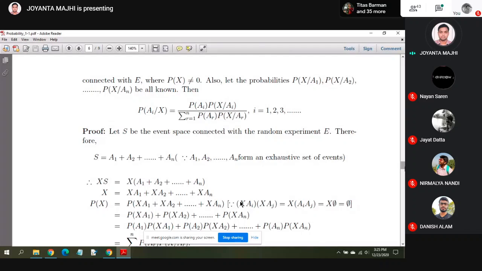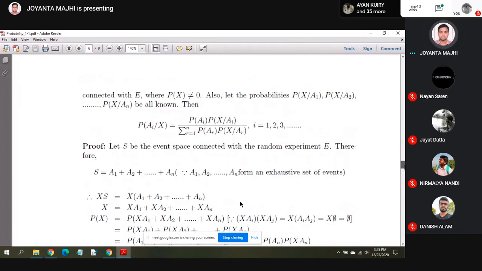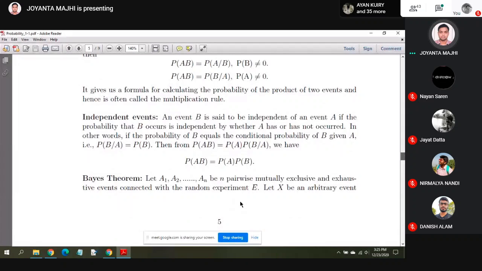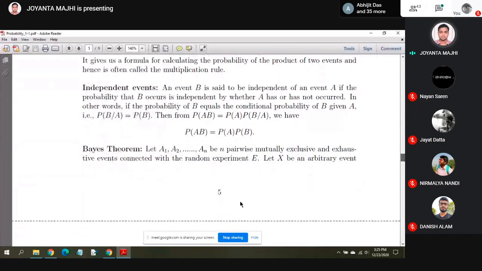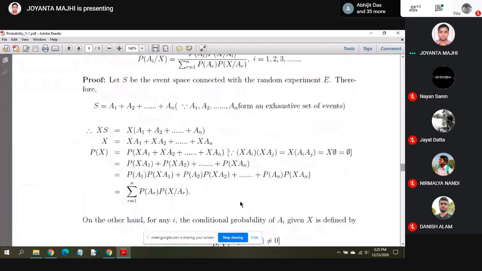Here there is a random experiment E, therefore there is a sample space. So we say that this is S. Here A1, A2, An are mutually exclusive and exhaustive. Therefore S is equal to A1 union A2 union An. This comes from the fact that the Ai are exhaustive events of the random experiment. Now,